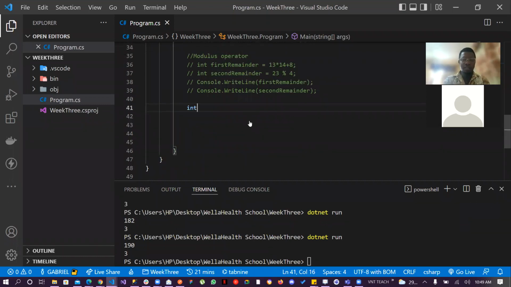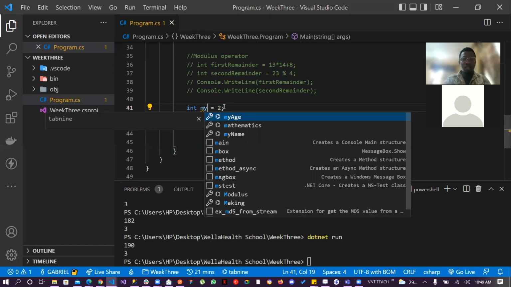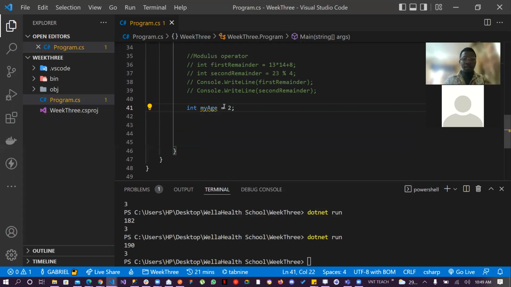It's int number 1 equals 2, then or okay, let me do it this way. This is better. My age today is 29, right? And then my age next year would be